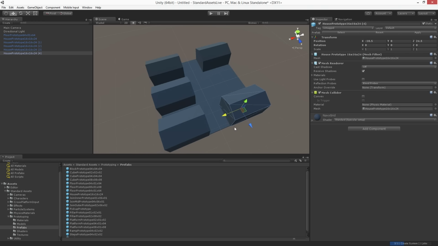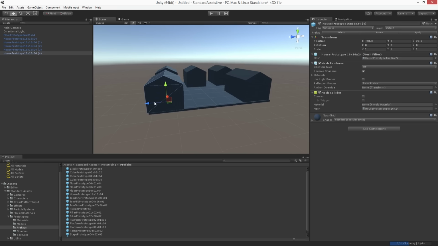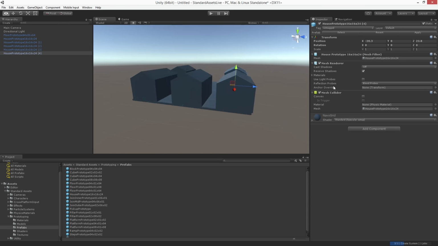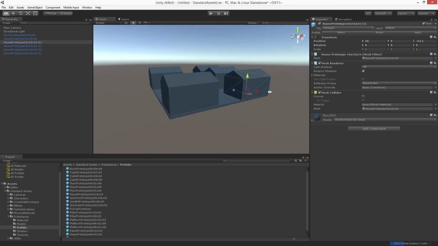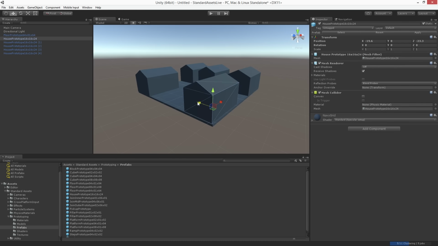And so the idea with prototyping is that you want to test whether an idea is fun or worth pursuing before you go and make a lot of artwork or write a lot of detailed scripts or basically spend a lot of time on an idea. And this is an important idea in making games. It's really useful to prototype things before you invest time in them, because everything in games